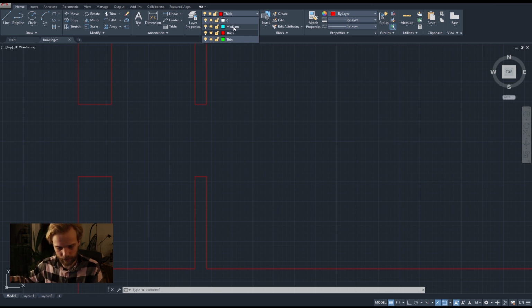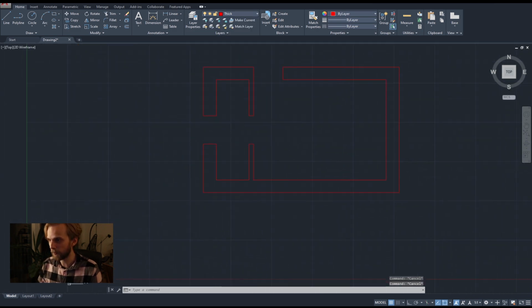Thick layer is used to specify all of the lines which you get from cutting something, right? So I'm cutting the walls, and I'm looking at the cut of the walls, meaning that they will be shown in the thick line. Medium line is stuff that you see as a projection, right? So you're not cutting through it, but you can still see it. So in this case, if I have a window,